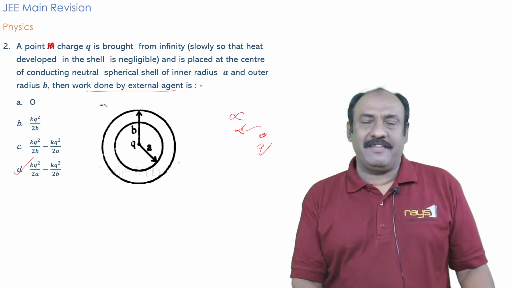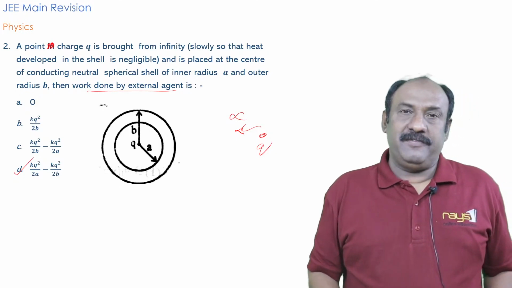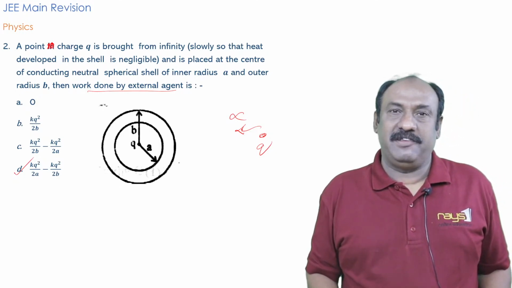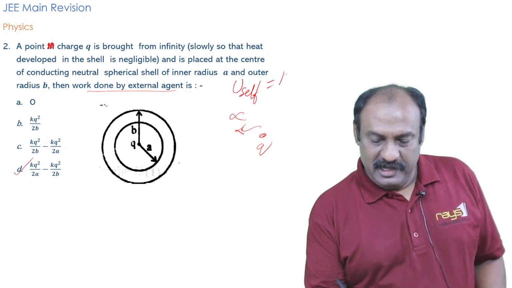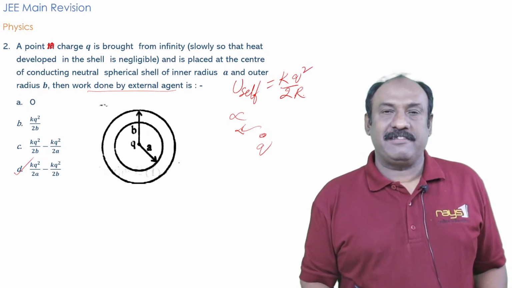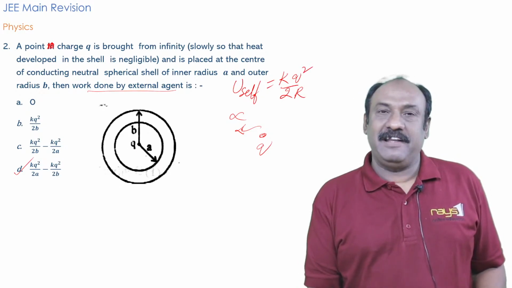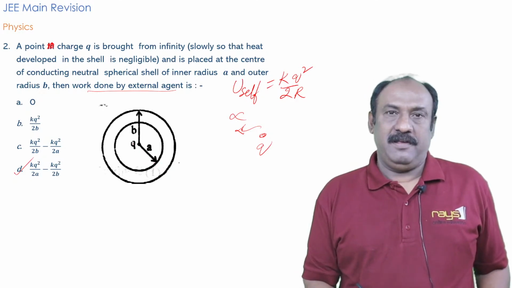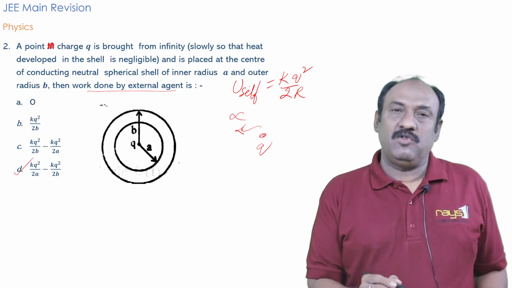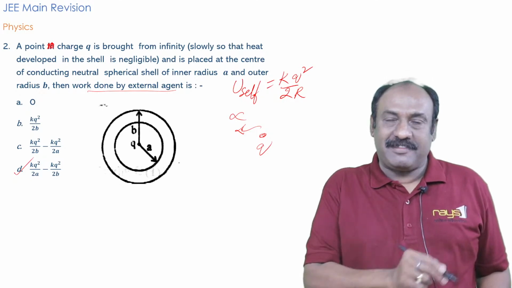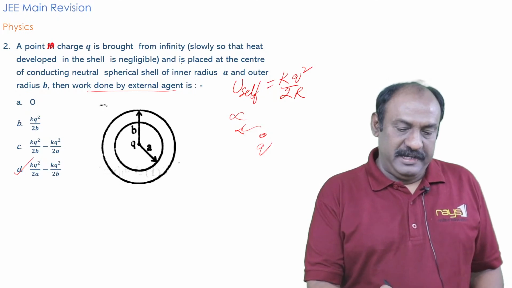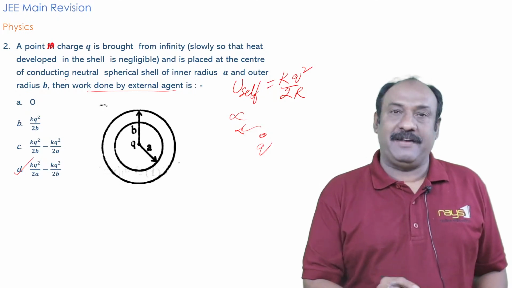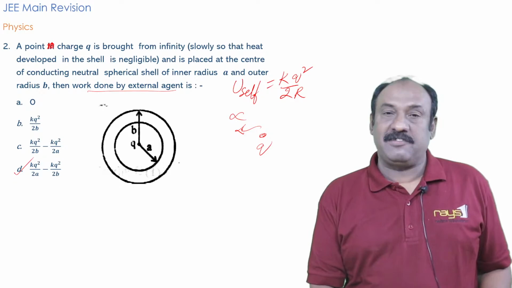So, it is also another important and standard formula I have to remember. The self energy of the shell is equal to K into Q square by 2 into radius of the shell. Here the radius of the first inner shell is A, outer shell is B. So, the difference of these two self energies of the two shells will give the work done in moving the charge from infinity to be placed at the center of the conducting neutral spherical shell of inner radius A